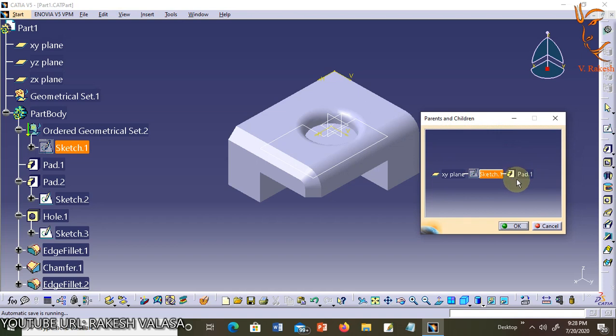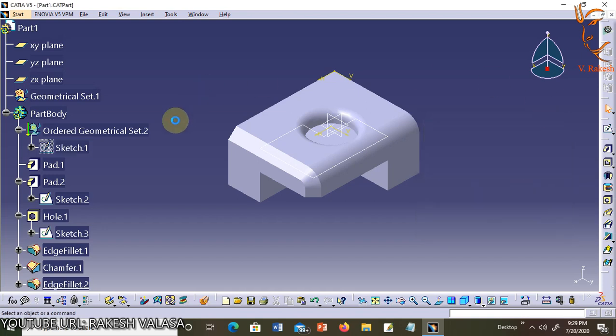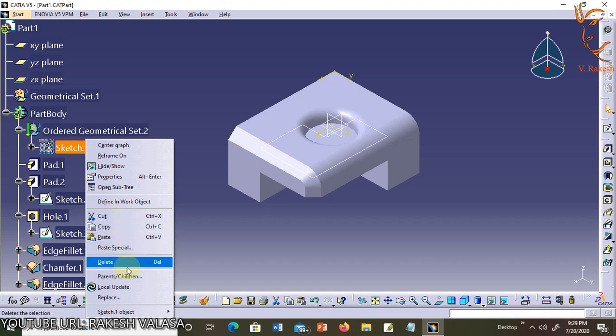This pad is generated by using the Sketch 1 option. So this is the parent, this one is the child. The window displays the selected entity and all other entities that have either a parent or children relationship with the selected entity. You can also choose this option by right clicking the mouse button and selecting Parents or Children.